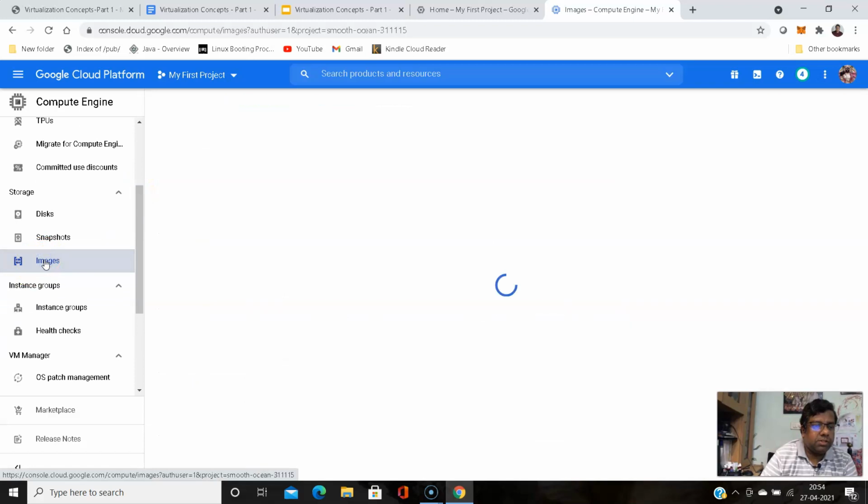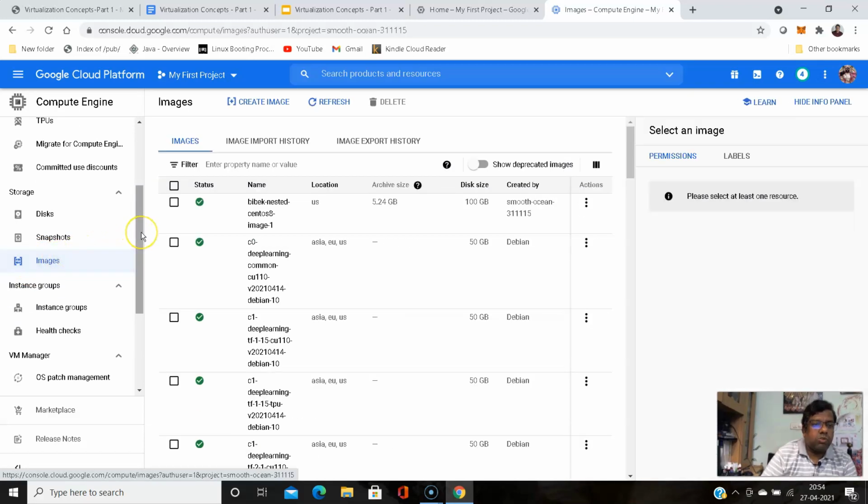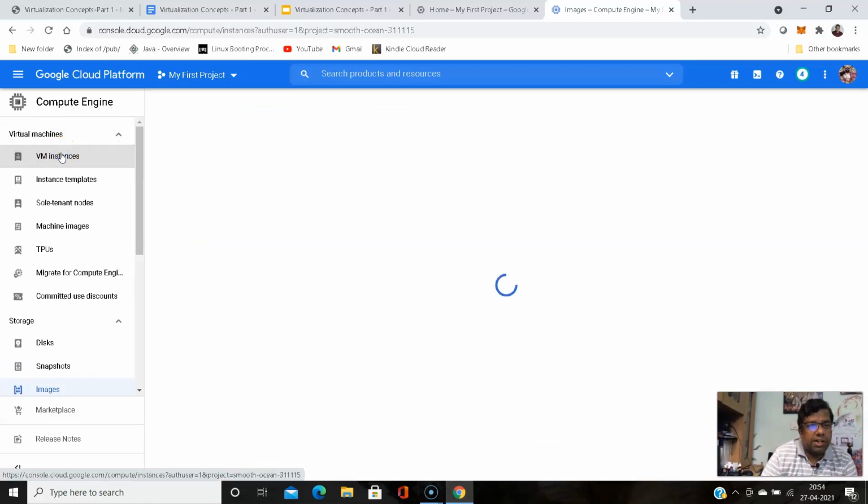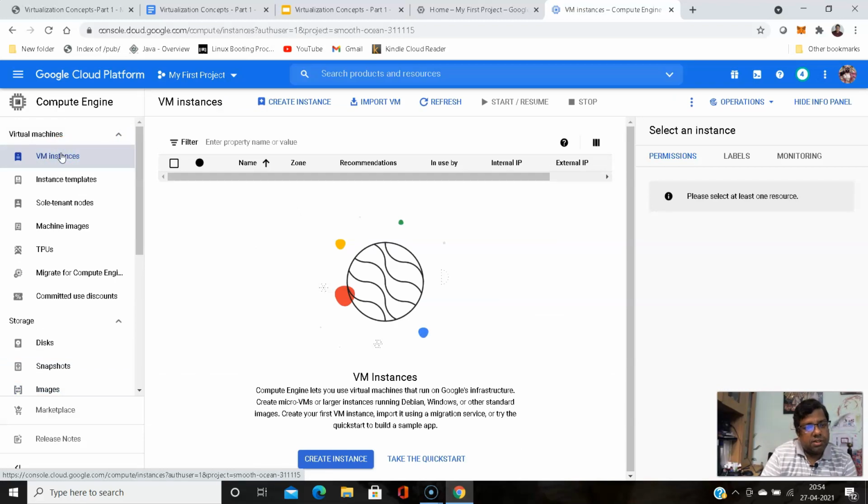A storage image is just like an ISO, which can be used to deploy an operating system. We are not required to install anything, because the operating system is already installed, captured and stored as the image. So we can spin off a virtual machine directly from those images.